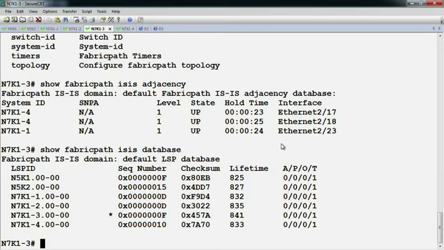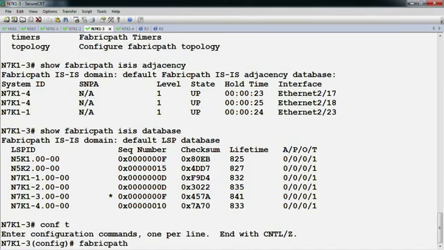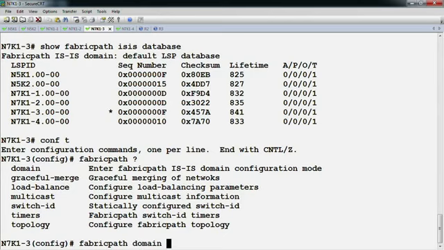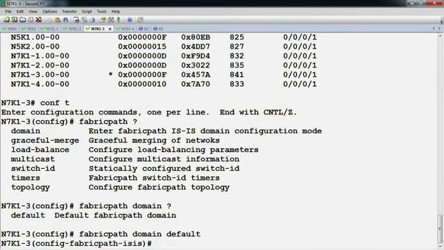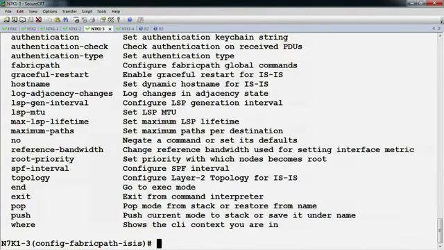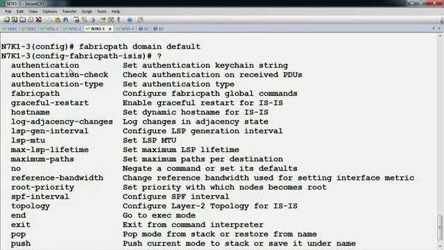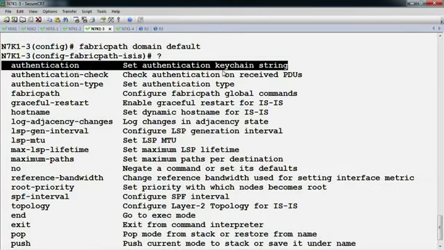Now, there is a feature that's enabled here under IS-IS for Fabricpath, and it's actually the same as that would run under your normal IS-IS process. But if we were to say Fabricpath domain default, this is what gets us under the IS-IS routing protocol config for Fabricpath. So there are some options that you could change here. So we could do authentication, which is going to be like our normal MD5 IS-IS authentication, but in this case, the control plane is for Fabricpath. We could change the link state packet